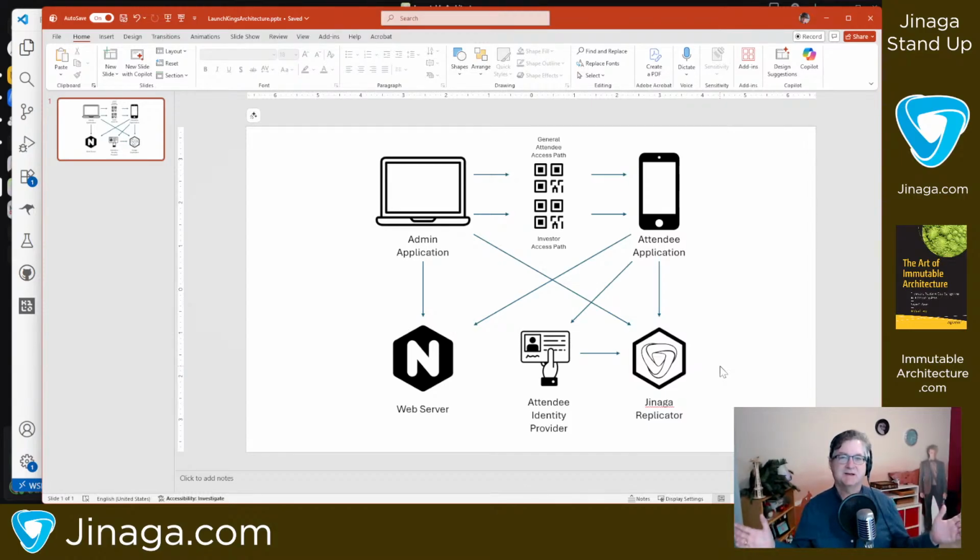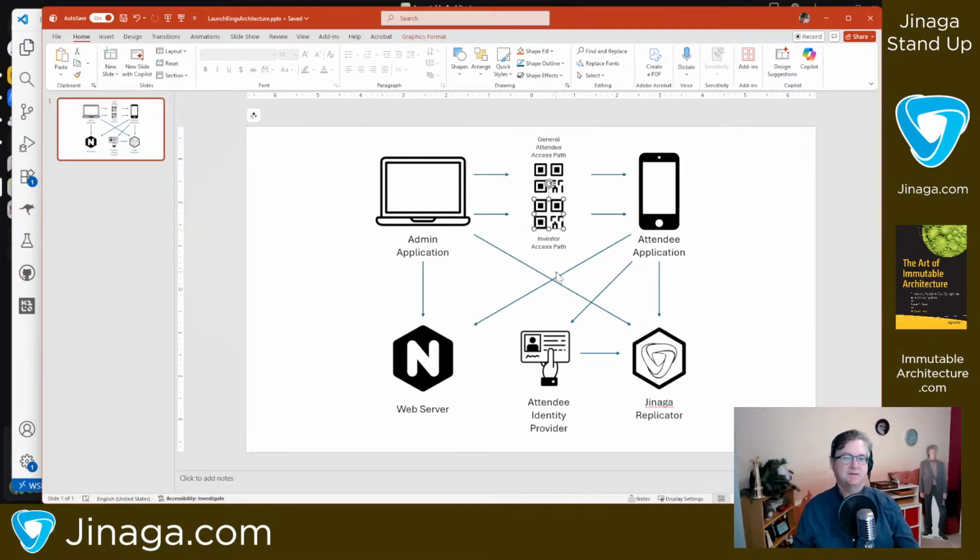It's application agnostic. So how do we do that? How do we put special application behavior into a system like this? Well, that special application behavior lives in the identity provider in this case. So we've created an identity provider specifically for this application. It already knows about this application, and so it's the one that knows that if you've used this QR code